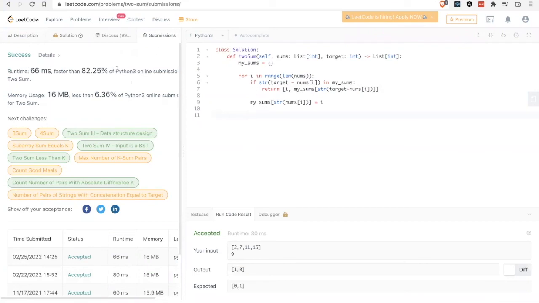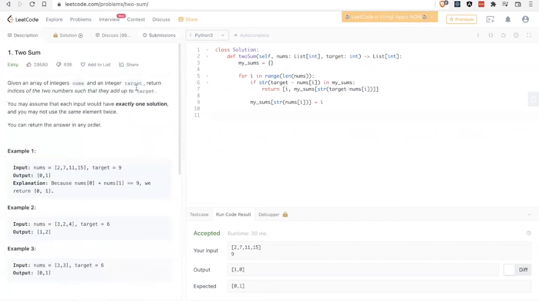So it's faster than 80% of other Python 3 solutions, which means that it's probably efficient. And we can tell this is O of n instead of O of n squared because we pass through each element once in the list until we find the sum.